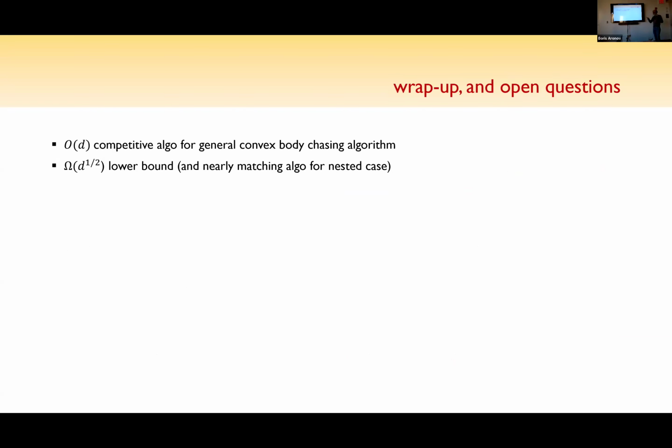Anyways, for us theorists, it is a very concrete open question. I'd love to solve it. I don't know how to do it. I gave you a D-competitive algorithm. I gave you a square root D lower bound. Let's close it. I don't know how to do it. For the nested case, there is an algorithm which gives you order square root D times polylogs. But it's very, again, like the recursive centroid. It's kind of complicated. I don't know how to generalize it to the general case.